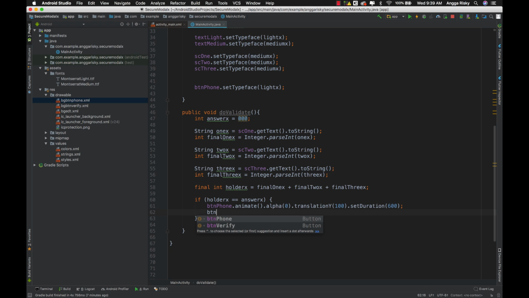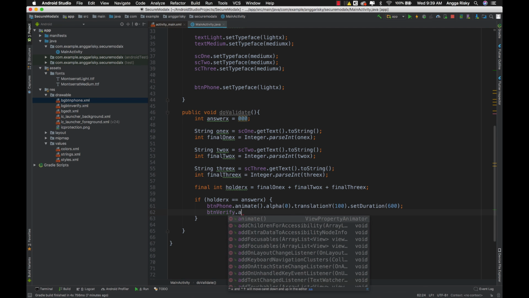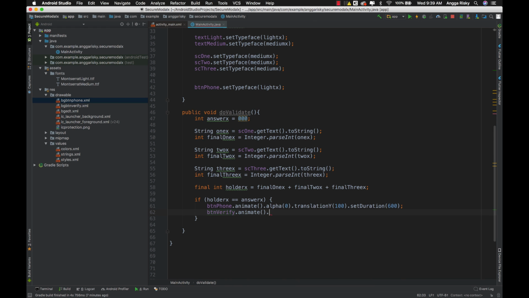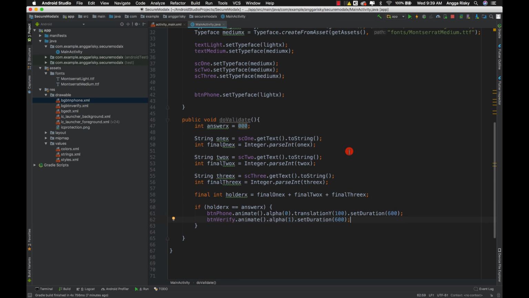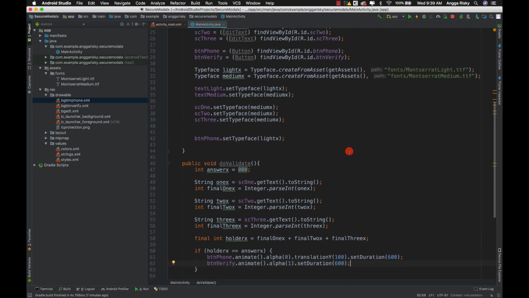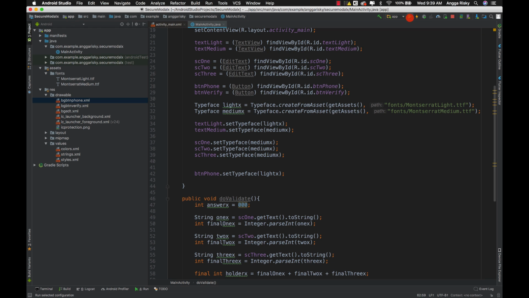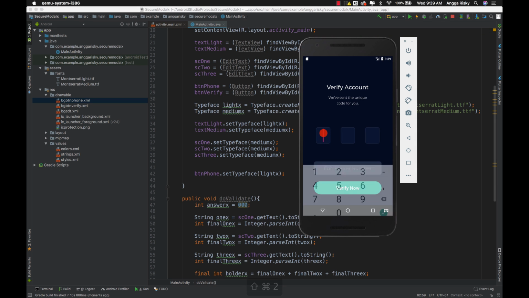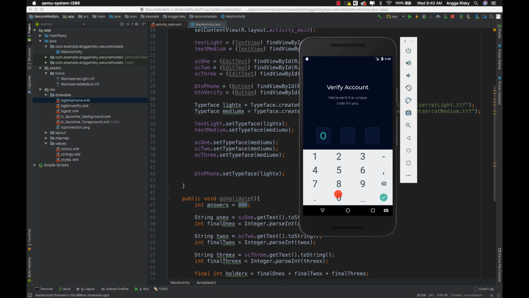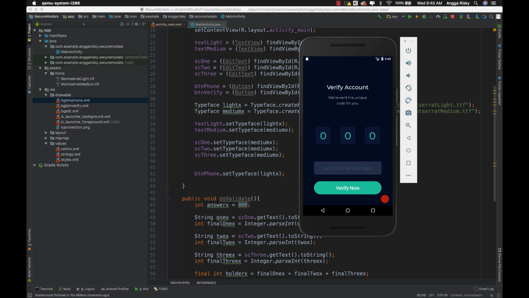And then for the button verify, we give animate alpha 1 and set duration maybe about 600. Okay, cool. So let's try first in the emulator. Actually it doesn't activate, of course, because we haven't prepared